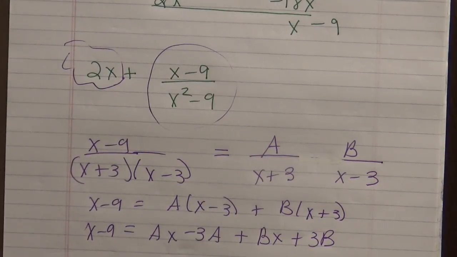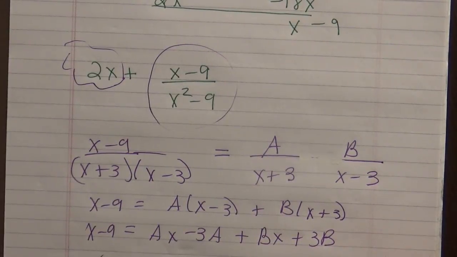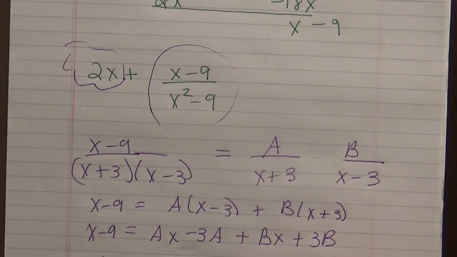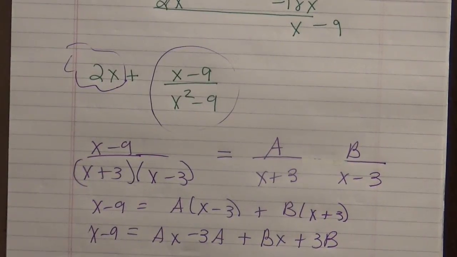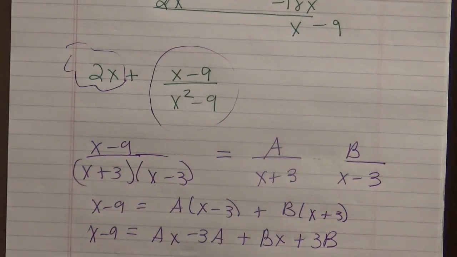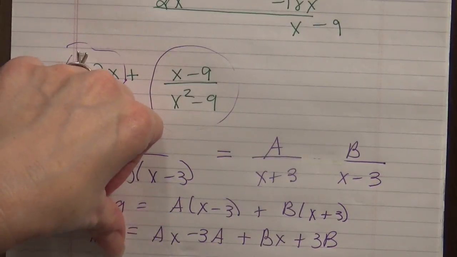And I can now solve this system. I can multiply the top equation by negative 3. So I have negative 3 equals negative 3A minus 3B, and I have negative 9 equals negative 3A plus 3B. Adding these, my B's will cancel, so I've got negative 12 equals negative 6A. Divide both sides by negative 6 and I get A equals 2. And then I can back substitute, going back to this equation, 1 equals